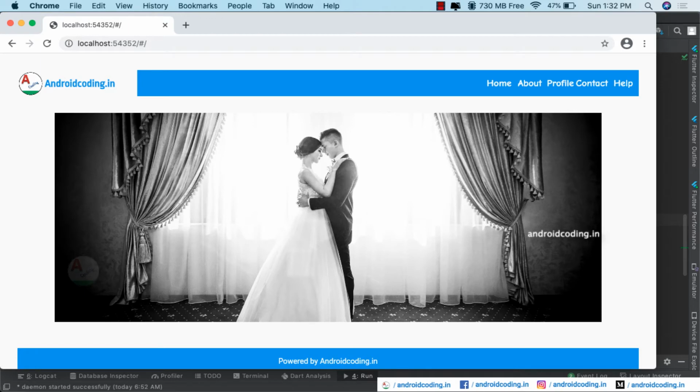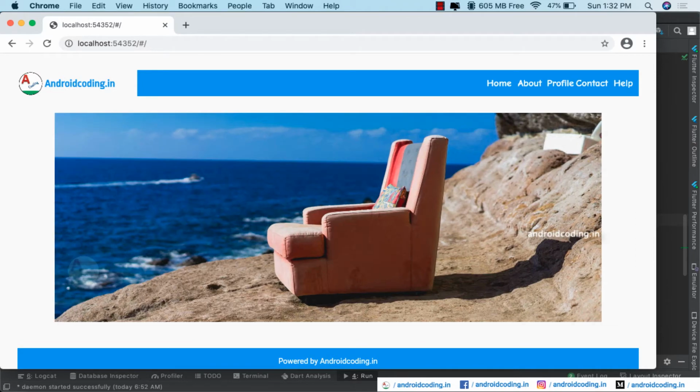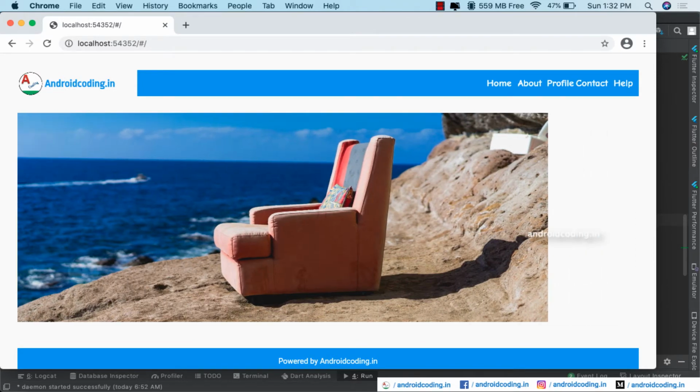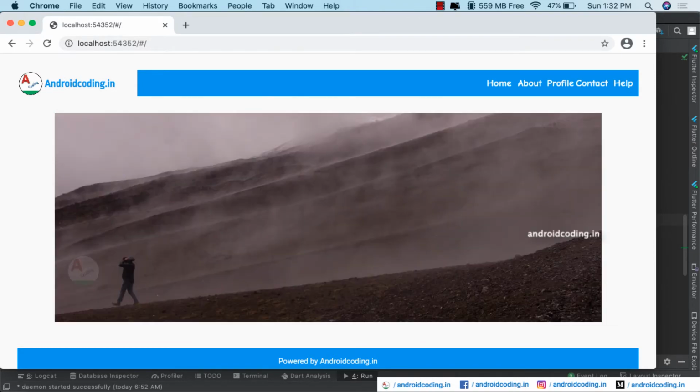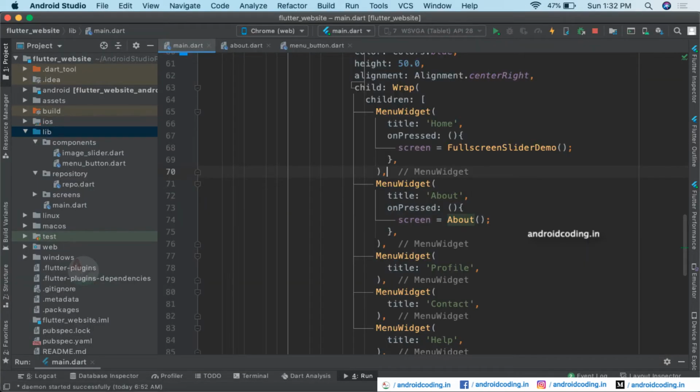So here you can see we have got home, about, and profile, contact, help are still in disabled state, and when you tap on about, the functionality will be working in background, but you can't see it because we have not provided the set state.